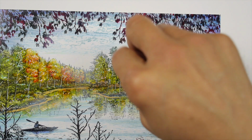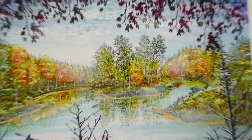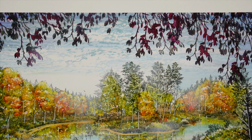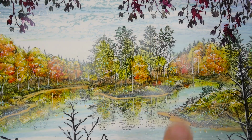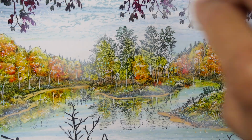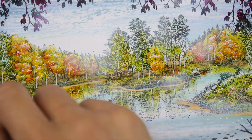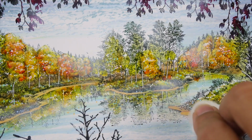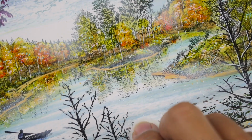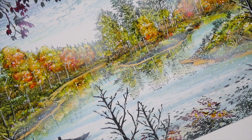Okay, let's put a little bit of lighting into these trees right here, because that area in the background is a little bit lighter. But see, there's some kind of illumination happening there. Let's illuminate some of these leaves here a little bit more too, like they're capturing some of that light. Some of that light is hitting them. Yeah, you can put it in here in the foreground too if you want to, a little bit. I mean, you can put a lot if you want to. I don't think I want to, but